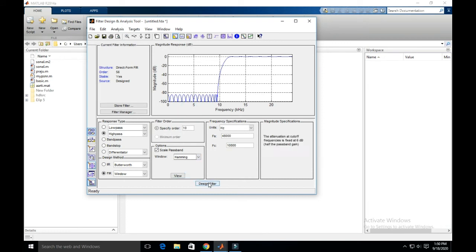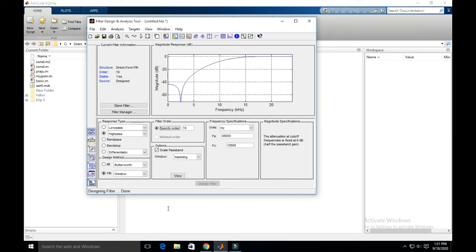Just select any window and again click on design filter. So you can see here, this is the FIR high pass filter using a Hamming window. And this is using a Blackman window.